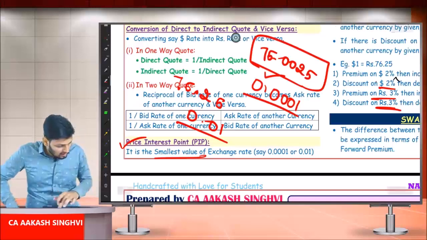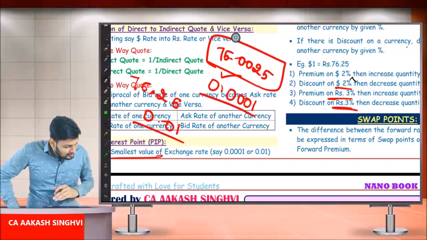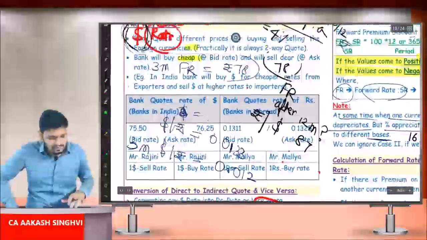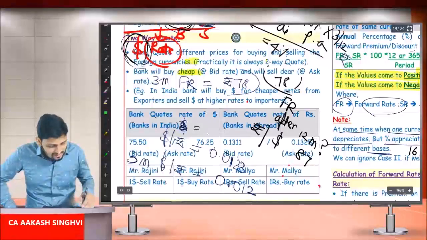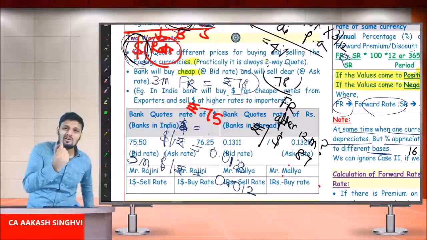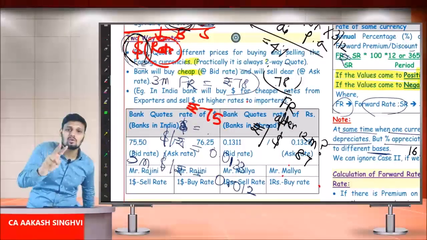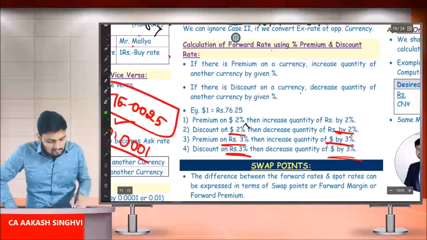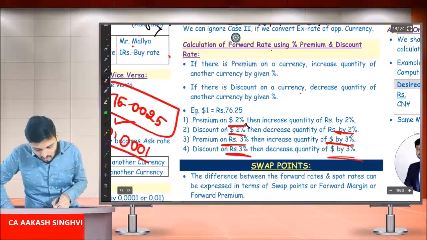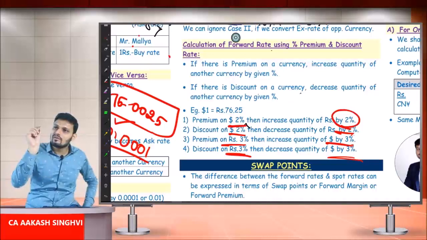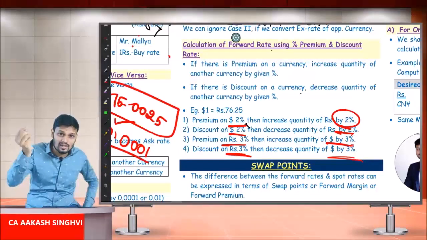Done. Now, decrease or increase in rate. What does decrease in quantity mean? Quantity means right now it is rupees 75. Quantity means 1 rupee is 1 quantity, 2 rupees is 2 quantity. So if you read this particular line, premium on dollar 2%, then increase of quantity of rupees by 2%. That means right now if it is 75 rupees, you have to increase the quantity by